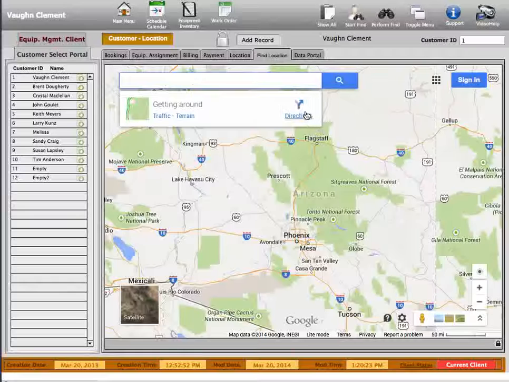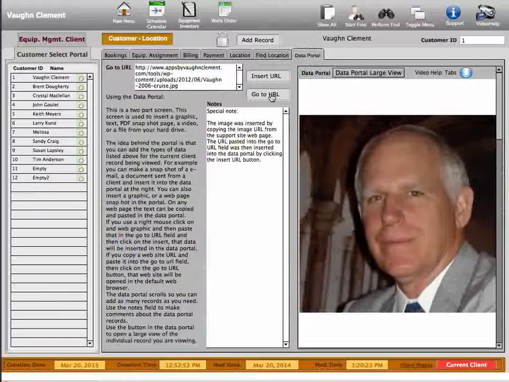Now you can keep the directions and save them and then put them into the text field in the billing and booking side over here. There's a notes field that you can add it to, or you can put it down at the bottom under the comments if you want directions right to the location where you're going. You can also use the last tab over here, which is the data portal, and I'll explain what the data